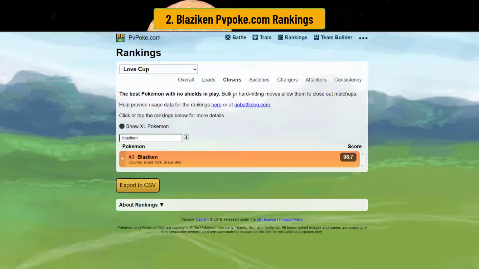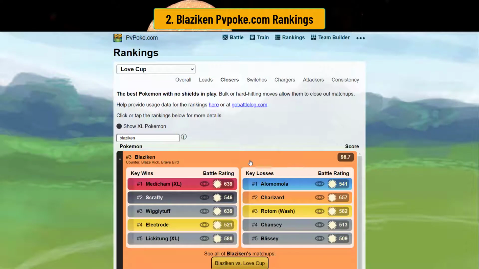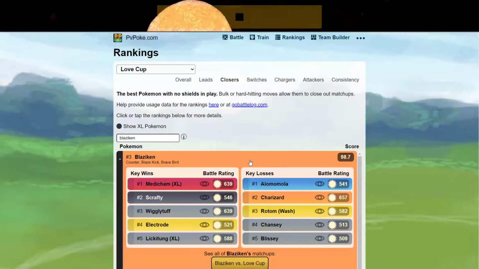The closer is Blaziken's best position, as you see here, at number 3. It takes out all the fighters. It takes out Wigglytuff, Electrode, Lickitung XL. It does lose against Alomola, but as you see here, it's a 540 run rating, so it's pretty close. It also loses to Charizard, Chansey, and Blissey. You probably won't see a lot of Chansey and Blisseys. However, Blaziken, as you see here, is a monster and actually beats out all the other fighters and is just incredibly powerful in the closer at number...